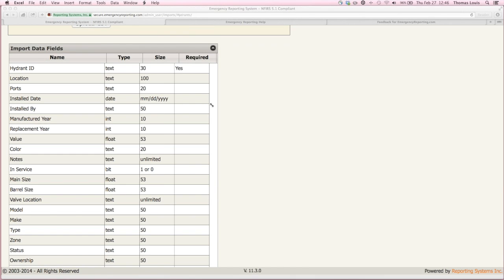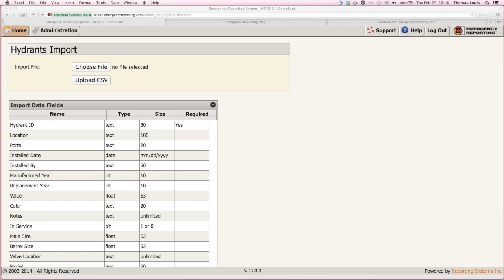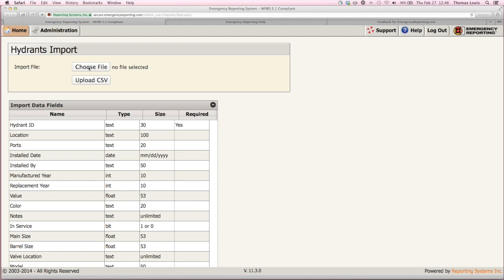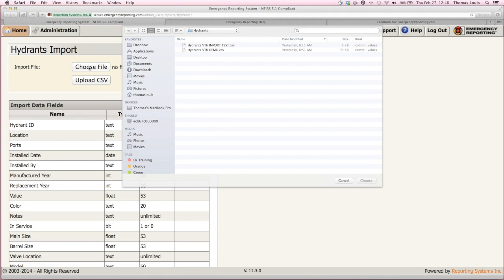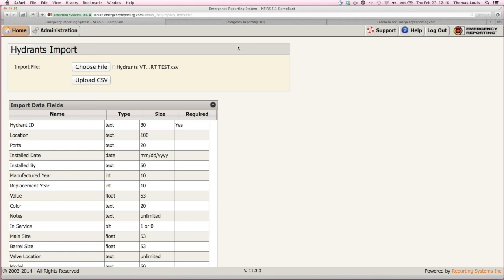So closing the spreadsheet. I am now going to choose the file that I want to import into the system. Gives me my selection list. I've got a folder called Hydrants on my desktop, and this one I named Virtual Thursday Import Test. So I'm going to click it. I'm going to bring it into the system, and then it's not there yet. It's attached. It's like an attachment. I haven't sent it. I haven't uploaded it yet. Once I click Upload,